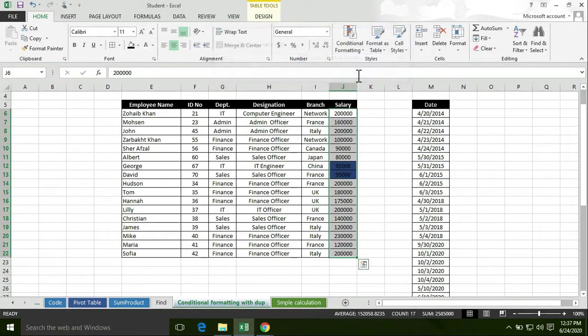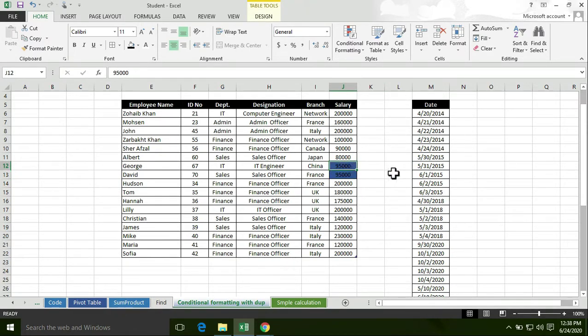Click on OK button. Only the 95,000 amount is appearing because I defined here that the cell is equal to 95,000. So these two cells, J17 and J13, are equal to 95,000, and I also formatted these cells with blue color, and an outline border is also applied.